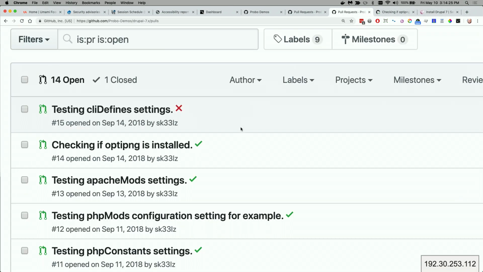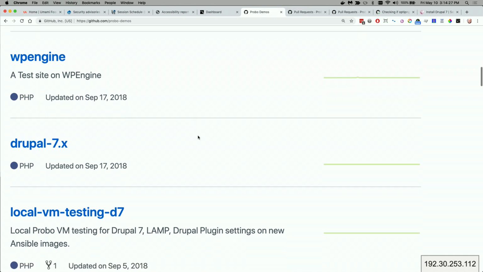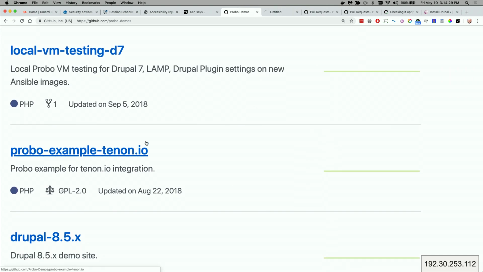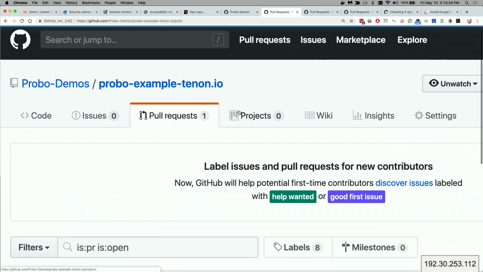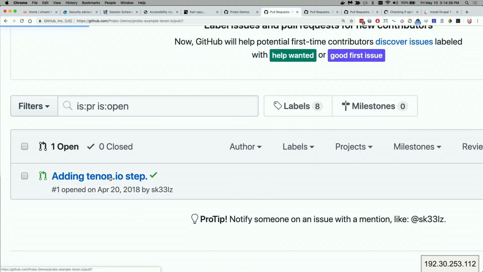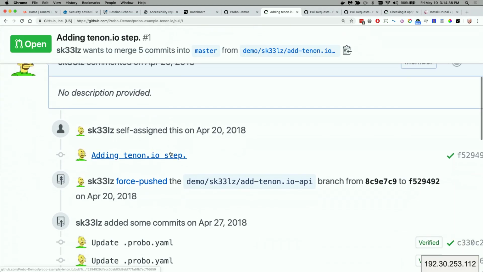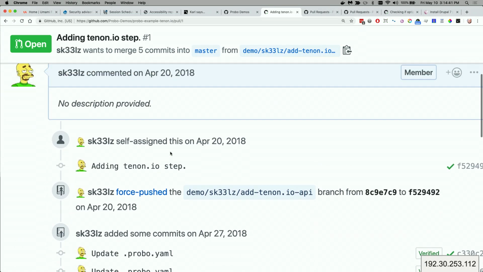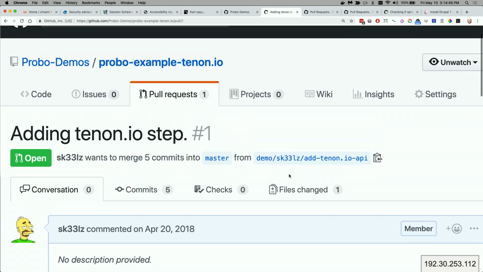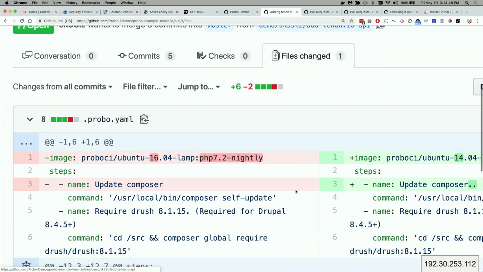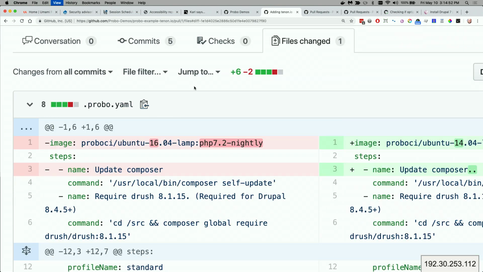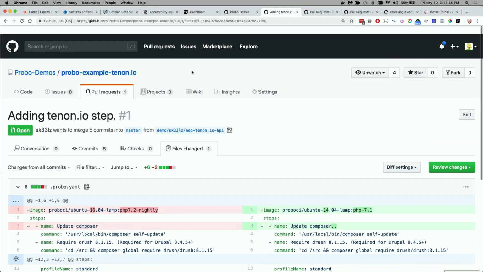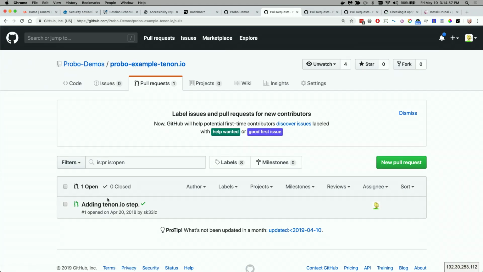One of the demos that I have over here actually is an integration with the Tenon tool. And this actual build right here is the one that kicked off that API call to the site we looked at on Tenon. So since it's just a commit change, I have to make that a little smaller so I can see what I'm doing for a sec. So if I actually just go into this pull request,